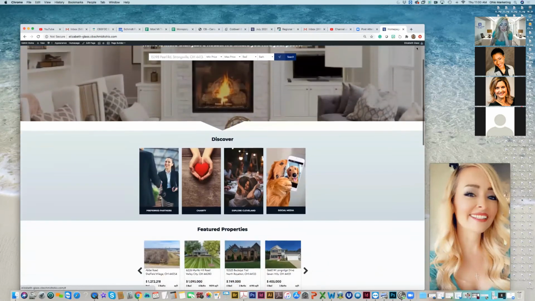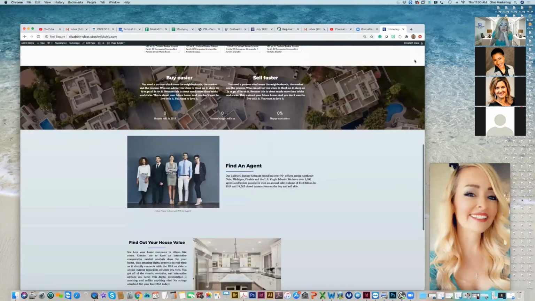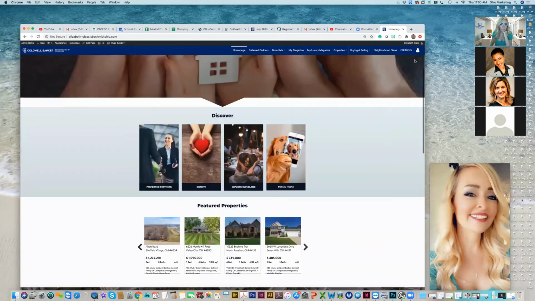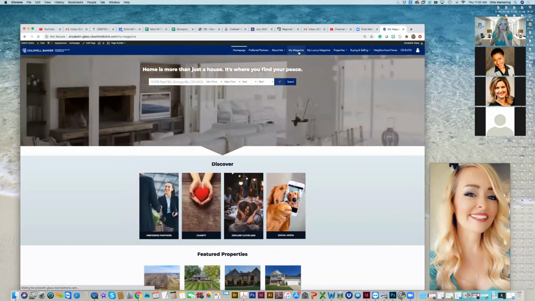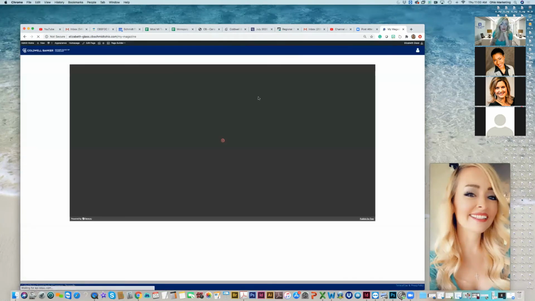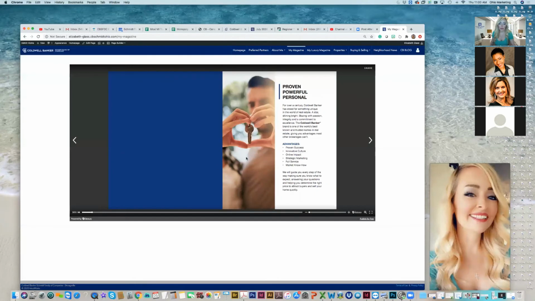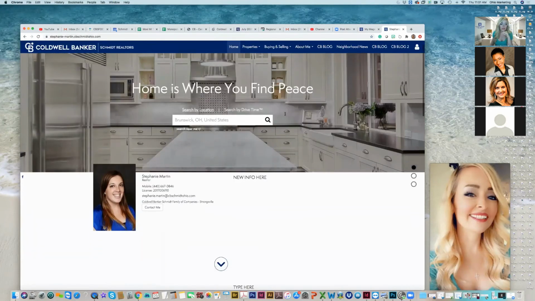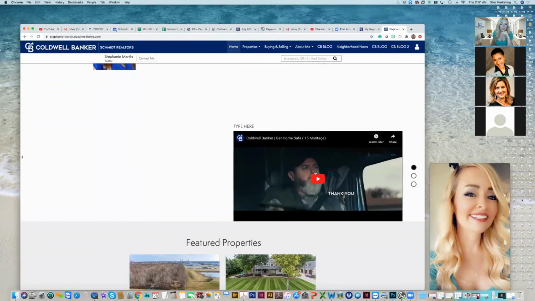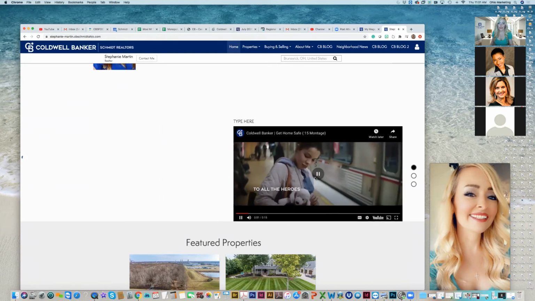Embed would actually mean that I've got so many options on here. Let me show you a good one. For example, the magazine that I put on here, I've been teaching you guys this lately. The magazine itself is actually in my website, running in my website. So if you have a video like YouTube, you can actually embed the YouTube video into your website. So in Stephanie's, there's a video embedded right in. See how it's not, watch this. Embed means it's inside of.